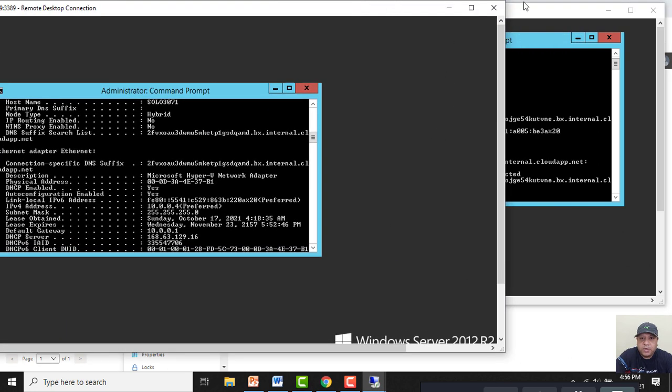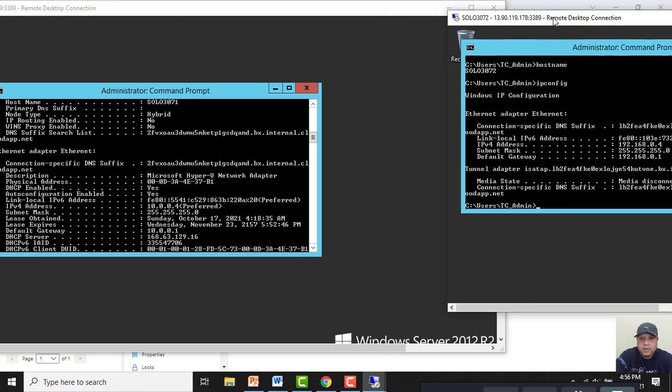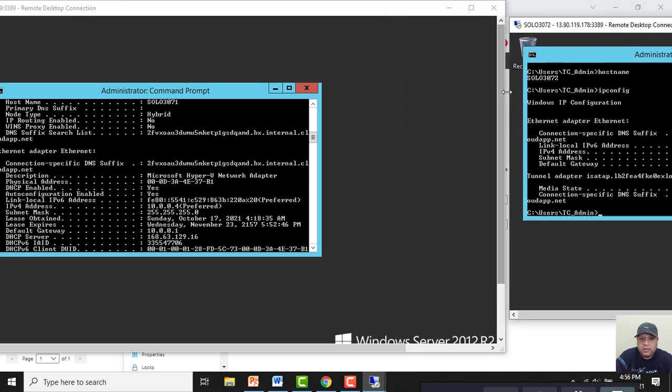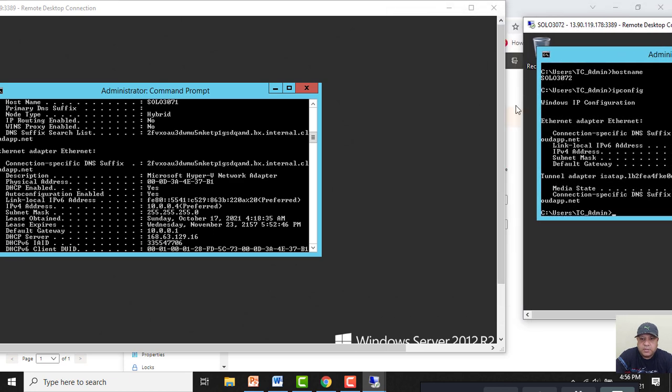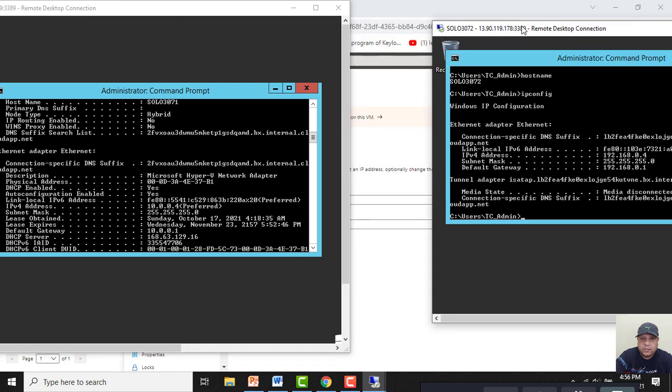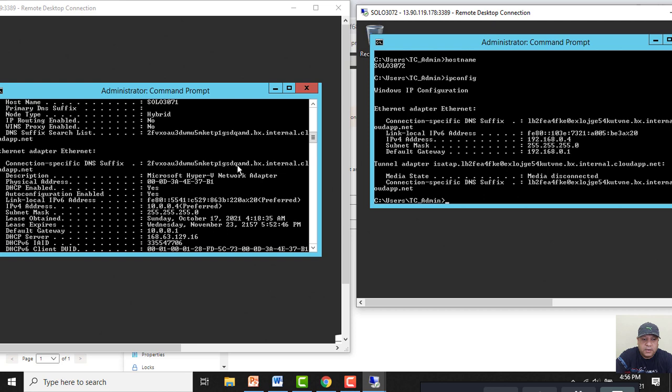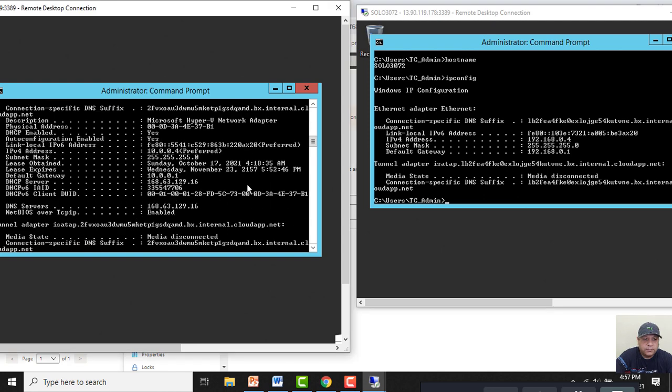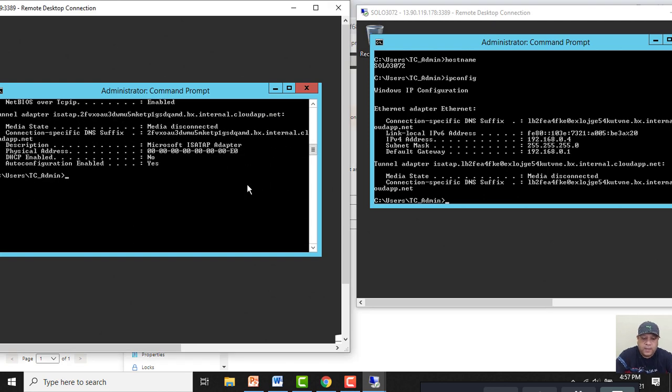Now, what I actually want here is to see whether I am able to ping both the virtual machines from their private IP addresses. So, what I will do, let me ping 192.168.0.4.